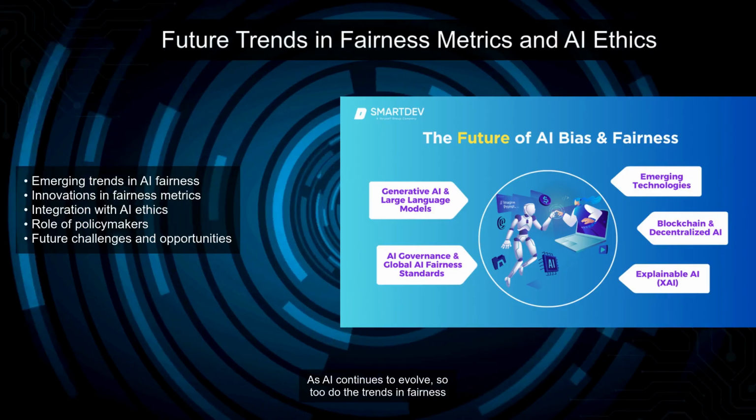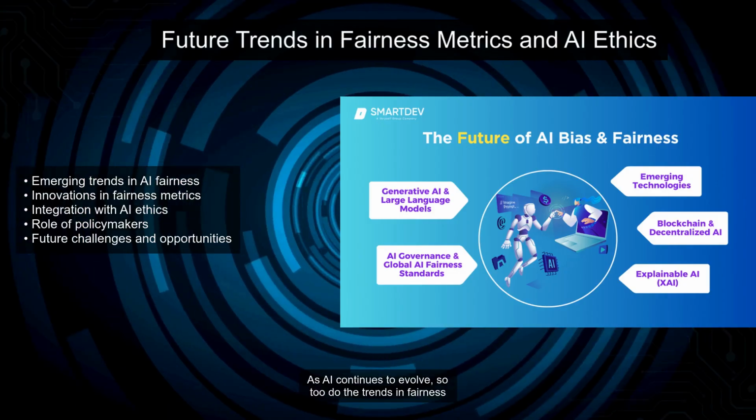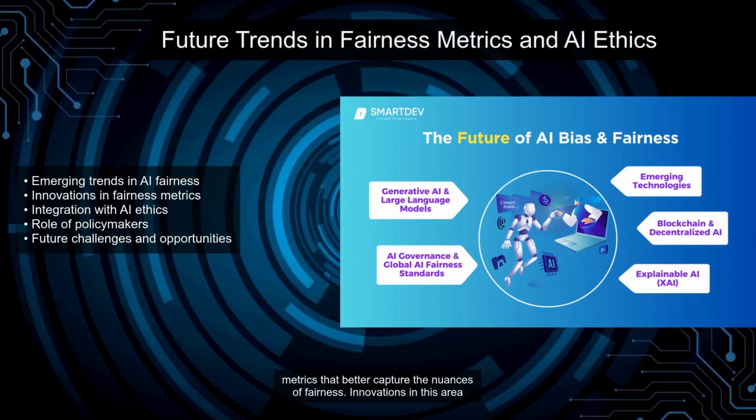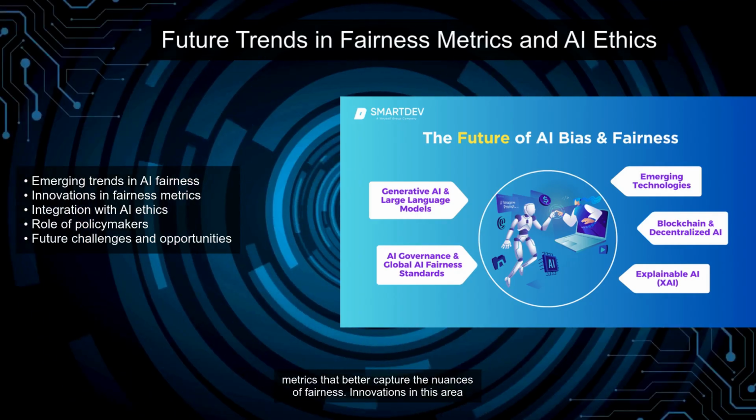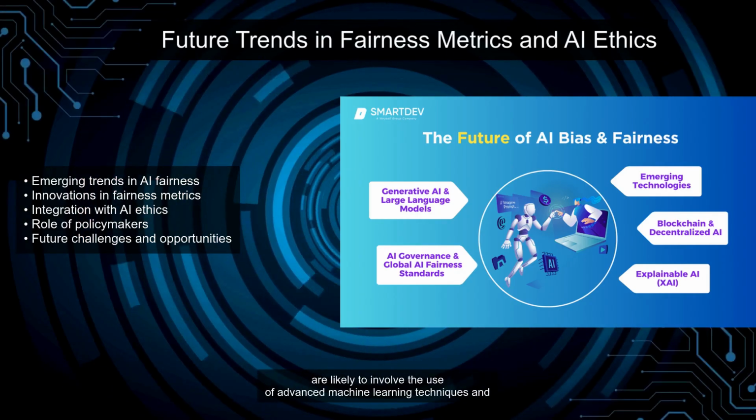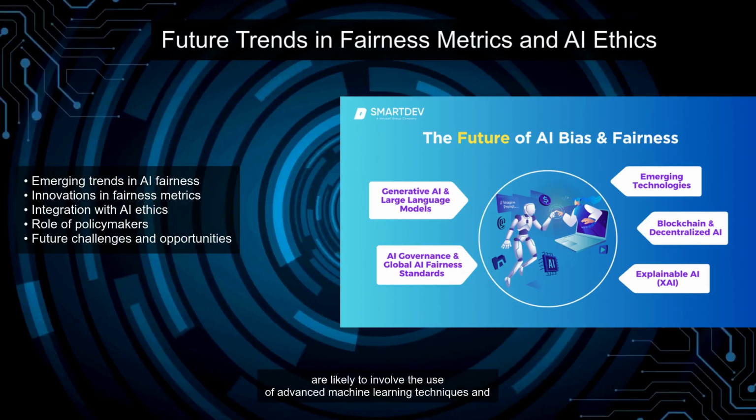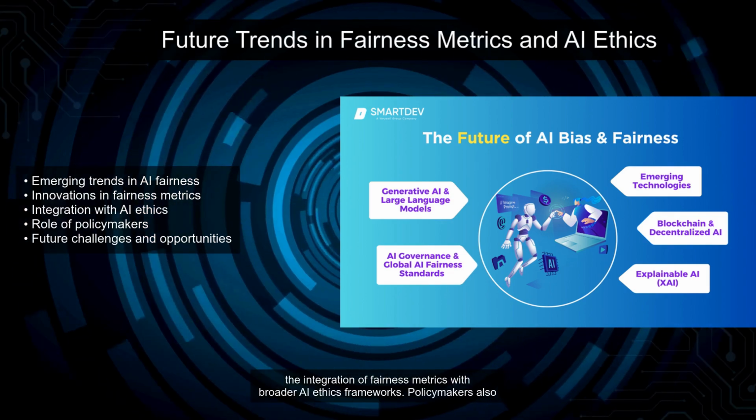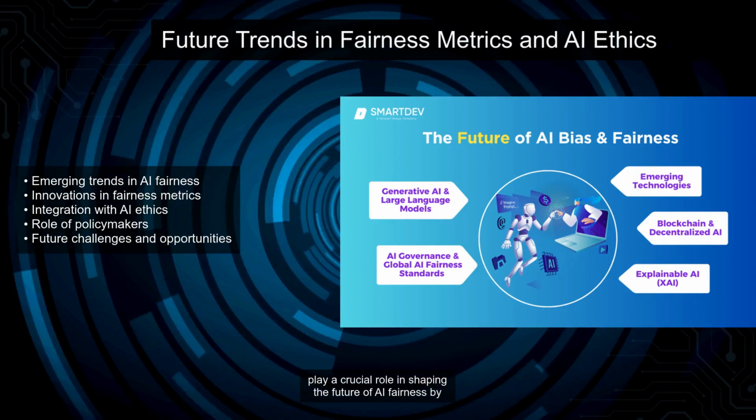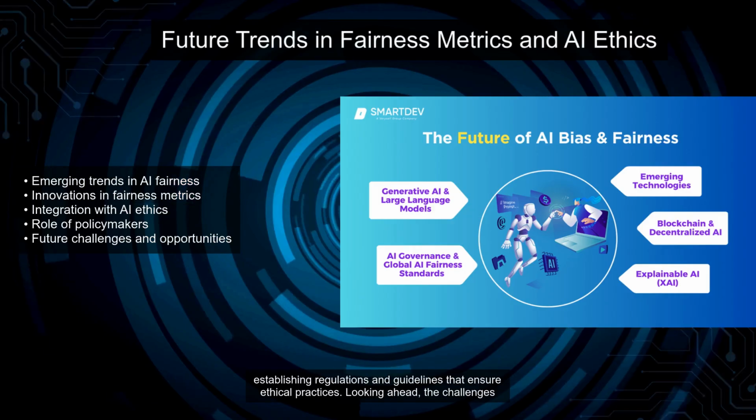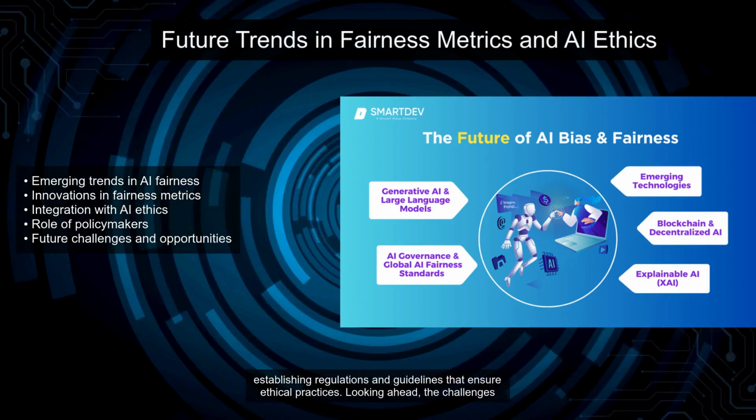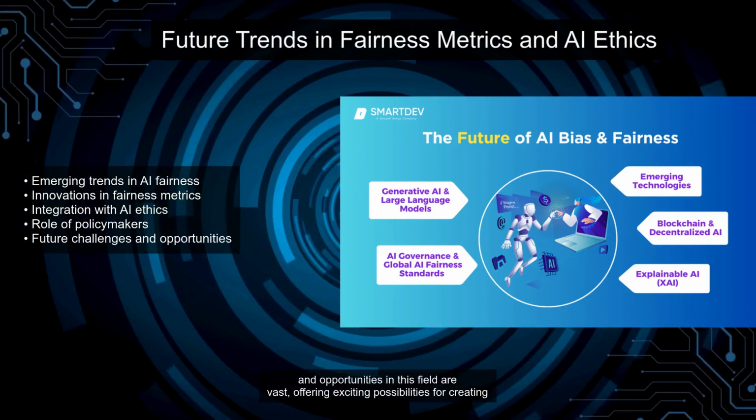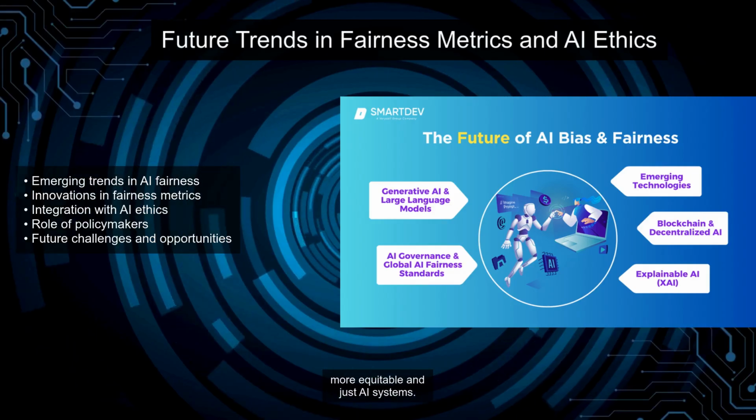As AI continues to evolve, so too do the trends in fairness metrics and ethics. Emerging trends focus on developing more sophisticated and comprehensive metrics that better capture the nuances of fairness. Innovations in this area are likely to involve the use of advanced machine learning techniques and the integration of fairness metrics with broader AI ethics frameworks. Policymakers also play a crucial role in shaping the future of AI fairness by establishing regulations and guidelines that ensure ethical practices. Looking ahead, the challenges and opportunities in this field are vast, offering exciting possibilities for creating more equitable